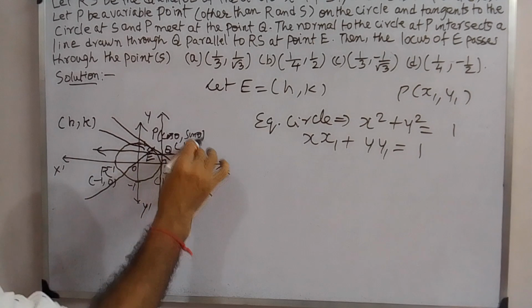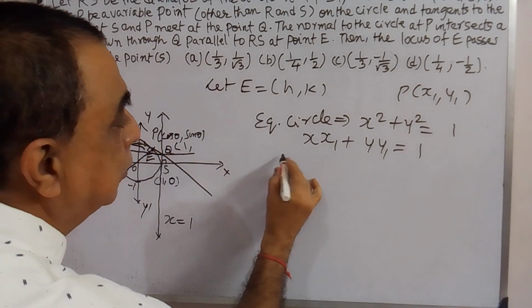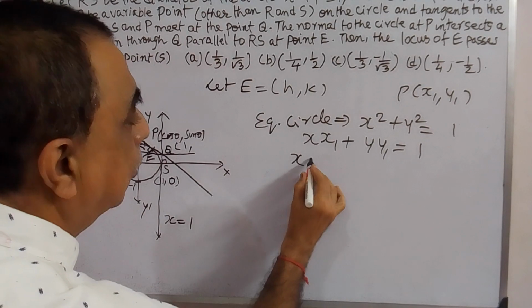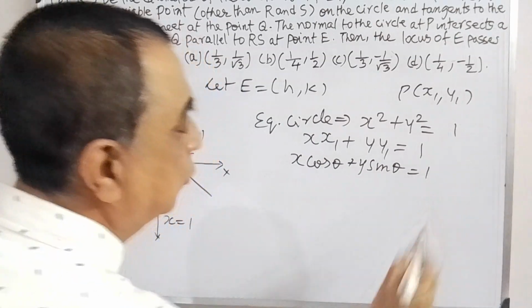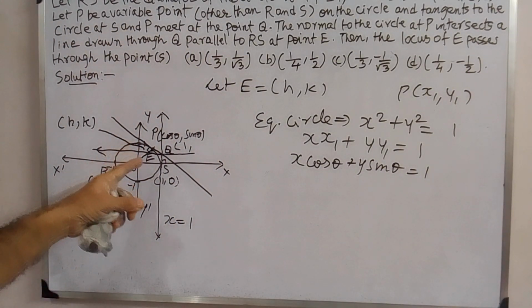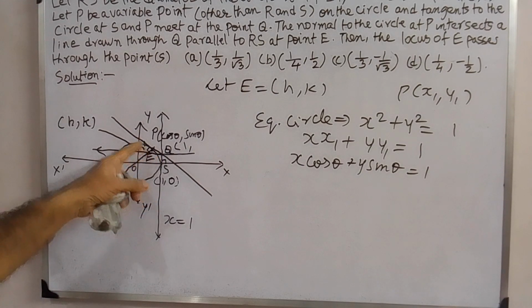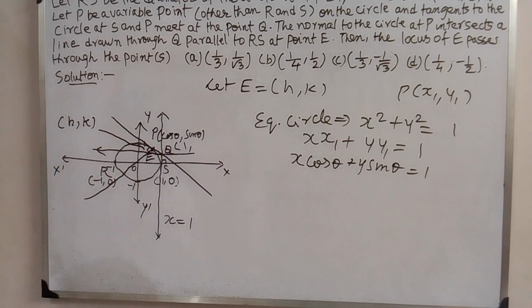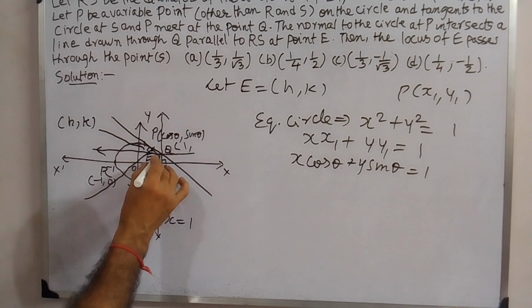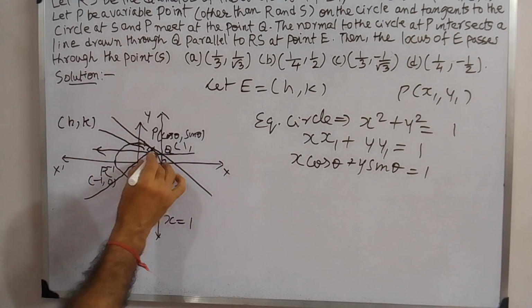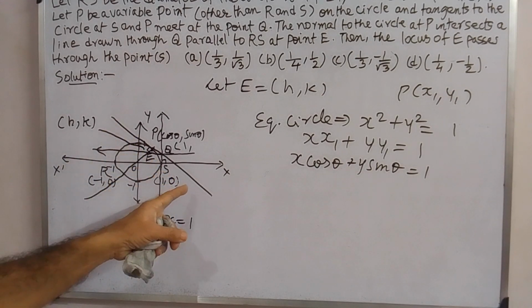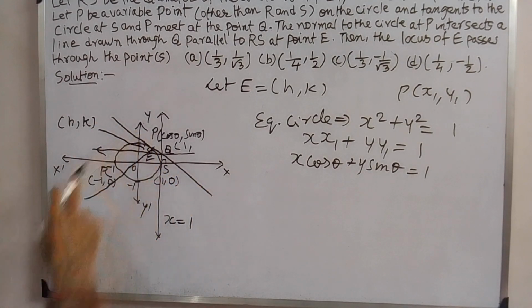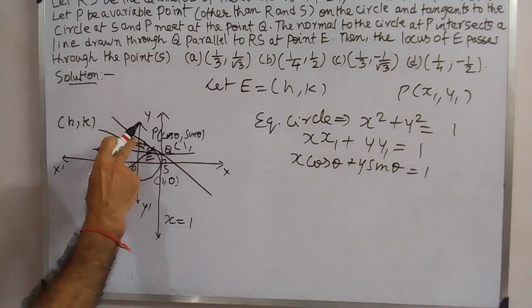So this coordinate, okay, I will put here. So the equation of the tangent will be x cos theta plus y sin theta equals 1. Here this line is meeting at the point Q. Because the point Q is lying on the tangent, the Q coordinate will definitely satisfy the equation of the tangent which is drawn at